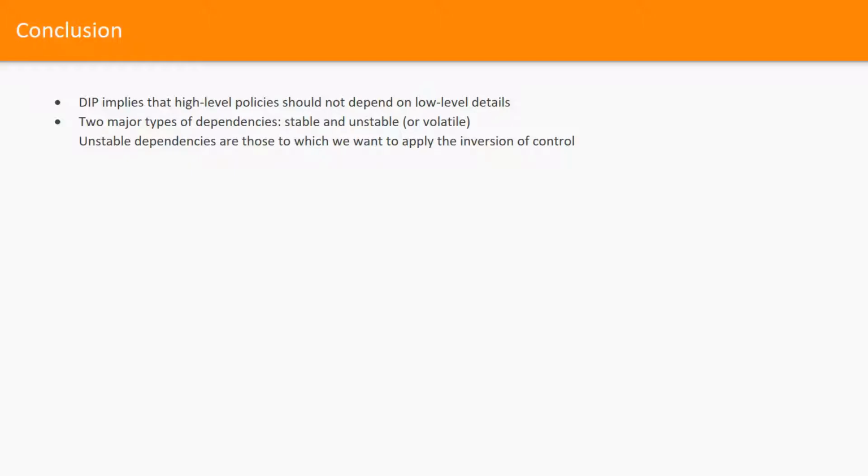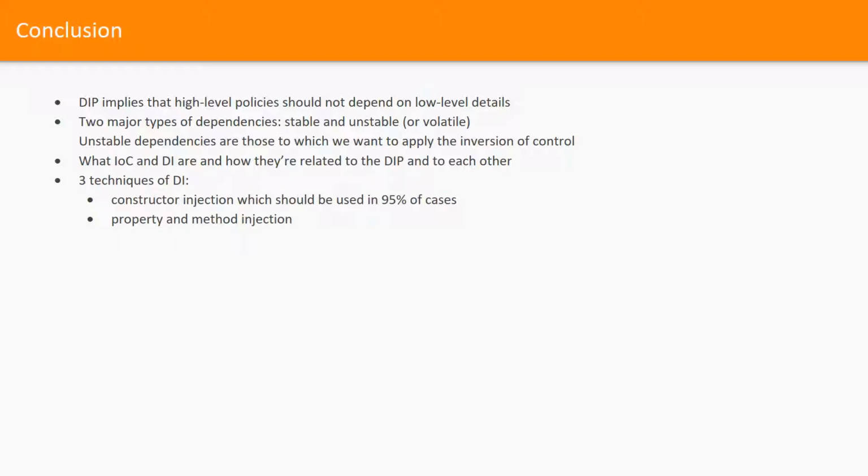Unstable dependencies are those to which we want to apply the inversion of control. What inversion of control and dependency injection are, and how these notions are related to the DIP and to each other. You learned about three techniques of dependency injection: constructor injection, which should be used in 95% of cases, and